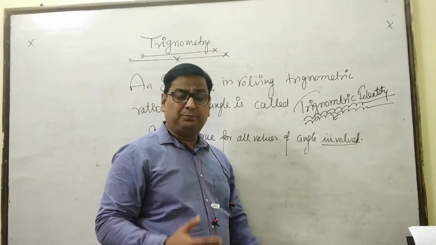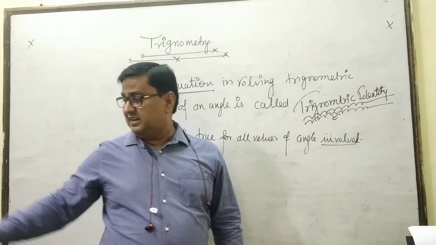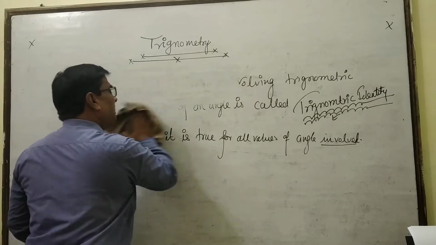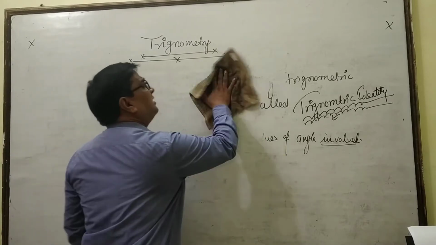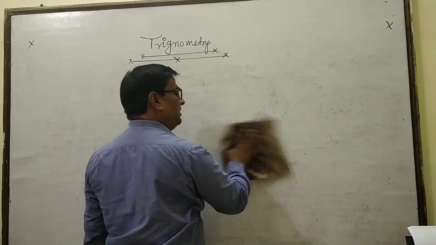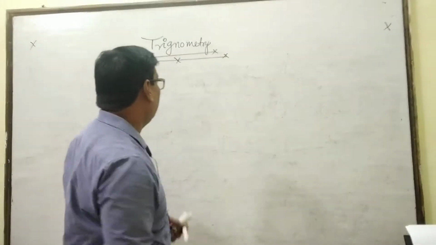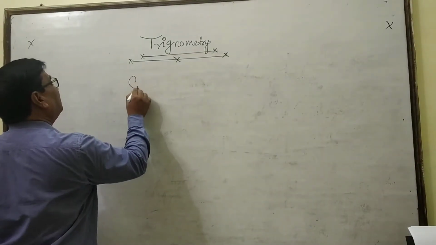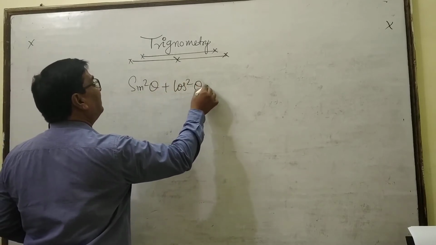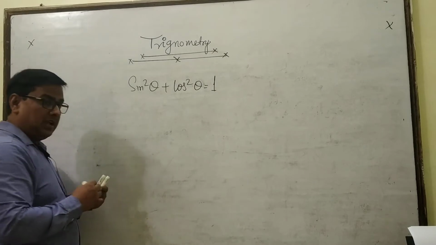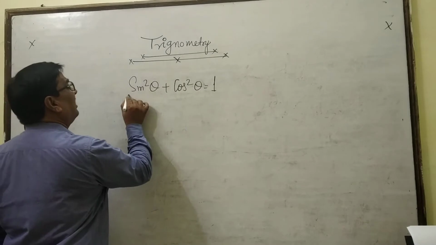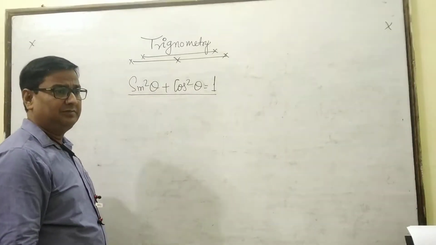Now very basic fundamental identities are there. Look, here are some basic fundamental identities. Basically there are four basic fundamental identities, and the others are only derived. Now look here, the first identity is identity 1, sin square theta plus cos square theta is equal to 1. Very famous, and everyone remembers it, sin square theta plus cos square theta is equal to 1.